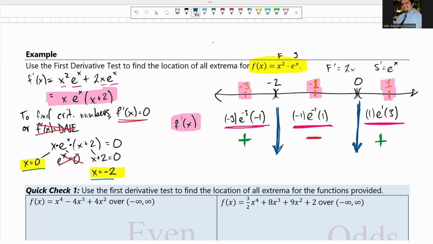We're going to use the number line that we just created, along with the positive, negative, positive that we just figured out, to determine which one we really have, either a maximum or a minimum. Okay, so looking at these two,